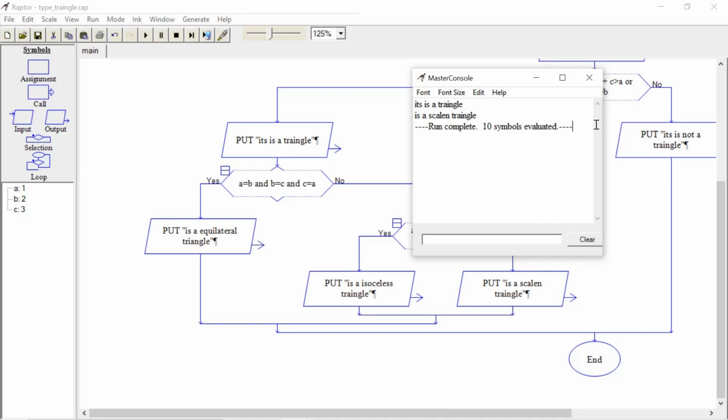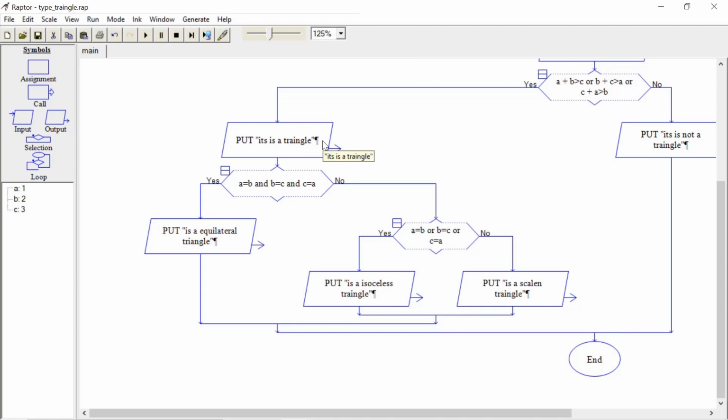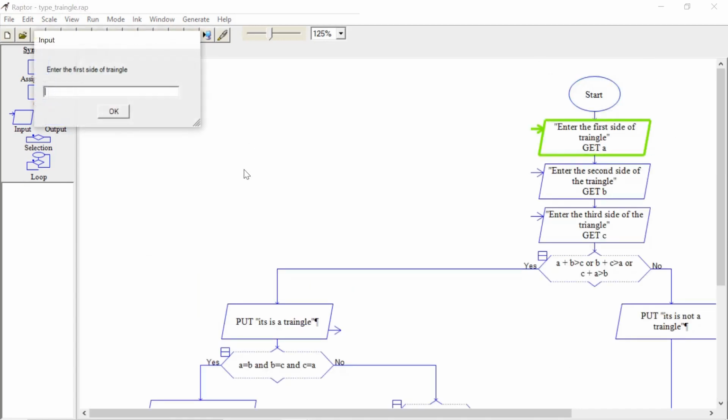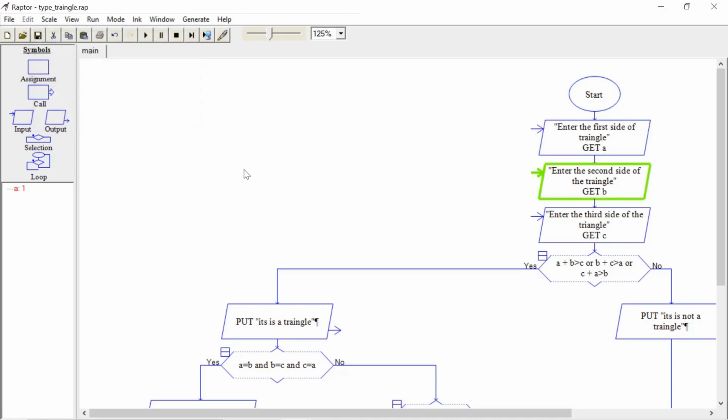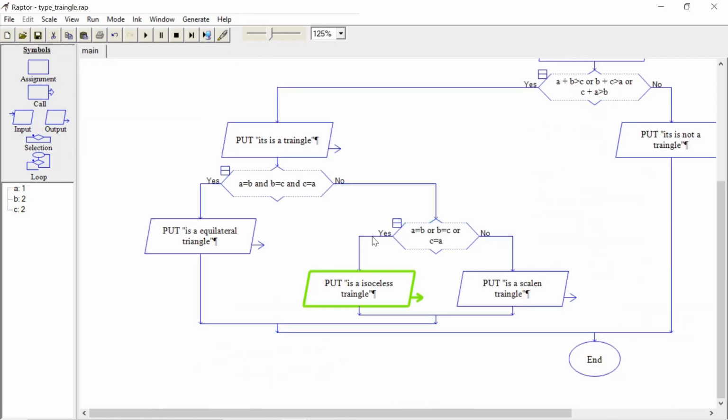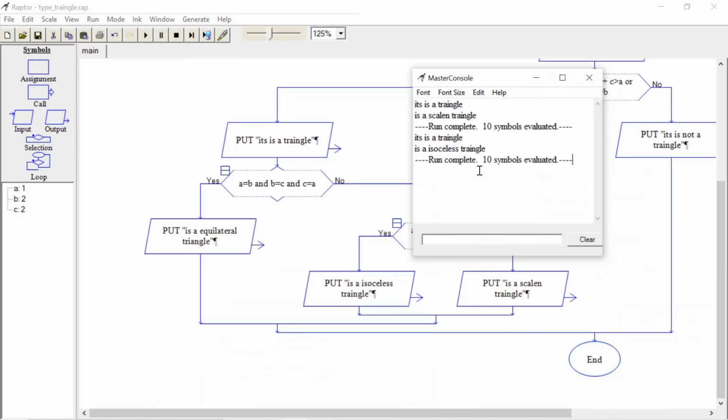Let me show one more example. 1, 2. It's an example of an isosceles triangle.